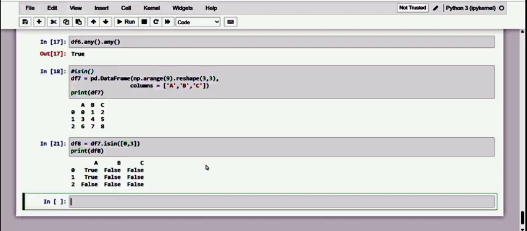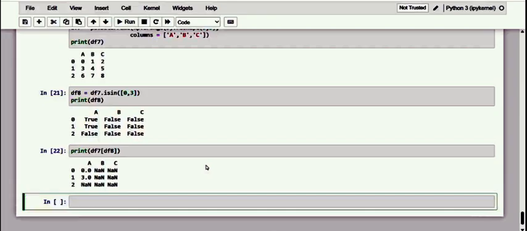Let me apply it on the data frame here: df7 of df8. Kindly observe. Then it will be up to us to decide how to handle this NaN. This is not a further classification of whether the data is missing or not. See here, this is how you can make use of the filtering functionality.